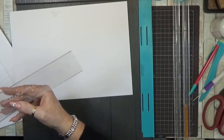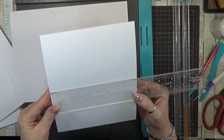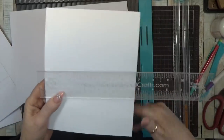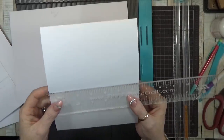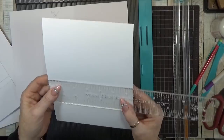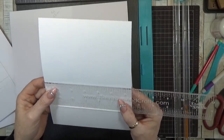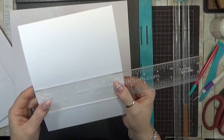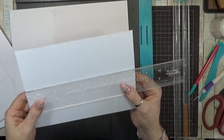6.5. Oh my. And this is not 6.5. Oh, wait. I need to start at the 0. The blue one starts all the way on the top, so that is why I get it wrong. So it's jelly. Your ruler is perfect. 6.5. Thank God. Okay, so it's 6.5